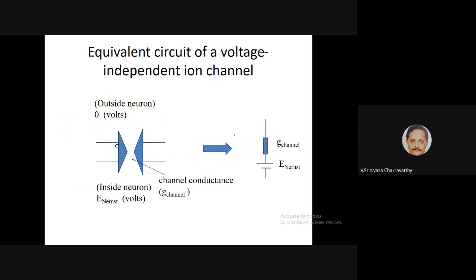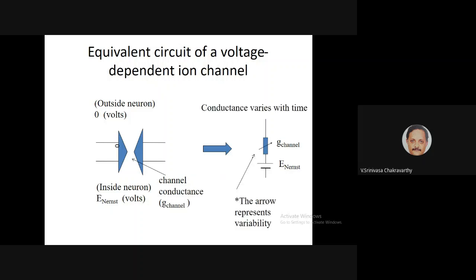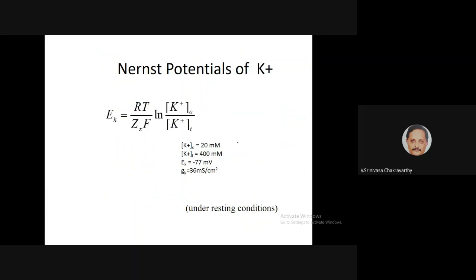And each channel can be represented as a series of a conductance and a battery, right? The channel conductance and the Nernst potential that you get from the Nernst potential equation. In case of voltage dependent channels, the conductance is varying, so it is denoted by this arrow. So for potassium, the Nernst potential is minus 77 millivolts, and the GK, the conductance, is 36 millisiemens per centimeter